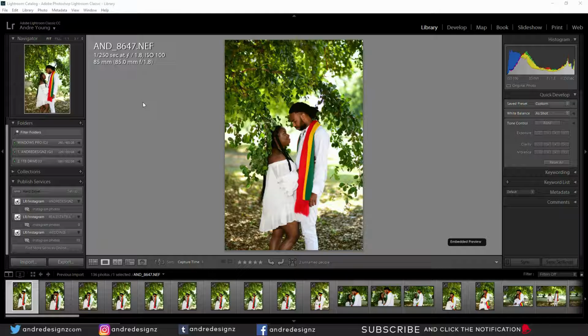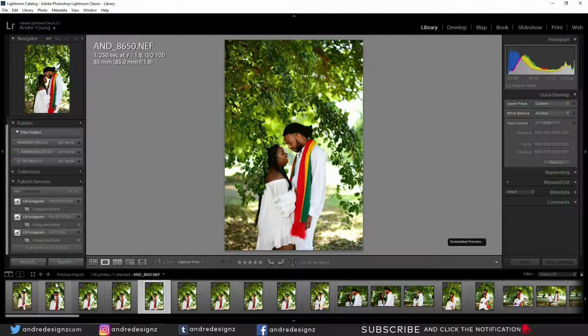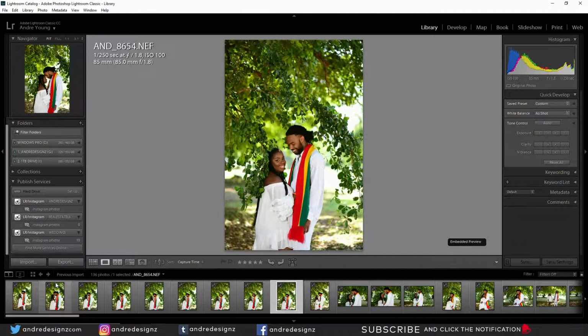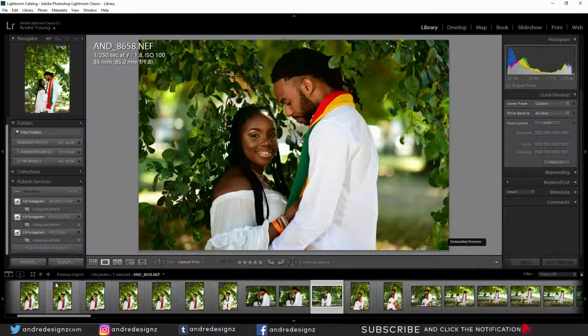I'm not going to edit this image. I'm just going to try to find an image that I would like to edit and just start editing it. This is a nice one,